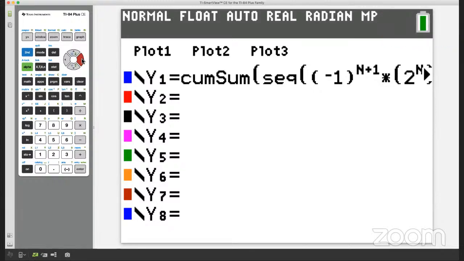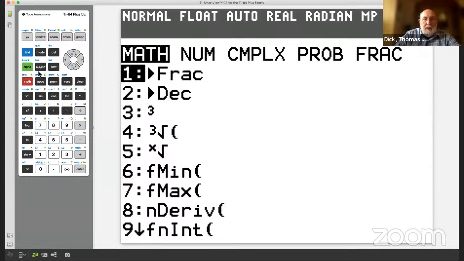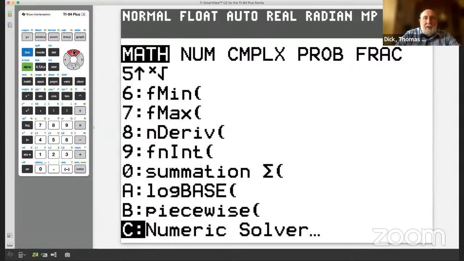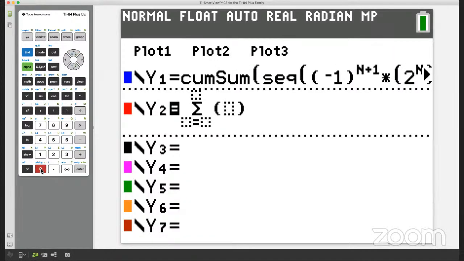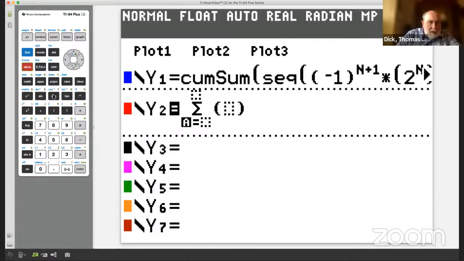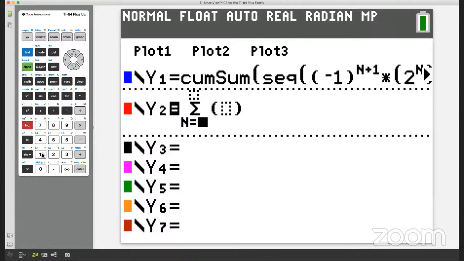I think it was letter D from that first demonstration. So can you get the summation from the math menu? Sure. I'll go in the math menu, and number 0 is summation. Yep, number 0 is the summation. You've got that math template there, so you can use n. So you can do alpha n equals 1, and then in the top, let's go up to